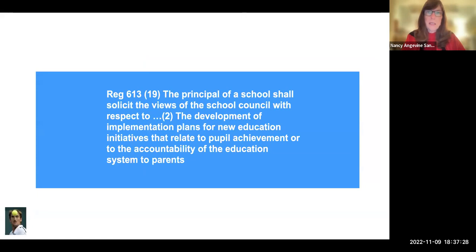Regulation 613, which governs principals and vice principals' roles within education, states that the principal of a school shall solicit the views of the school council with respect to the development of implementation plans for new education initiatives that relate to pupil achievement or to the accountability of the education system to parents. It is a requirement of both the Ministry of Education and the Toronto District School Board that parents have a role in the creation of the SIP